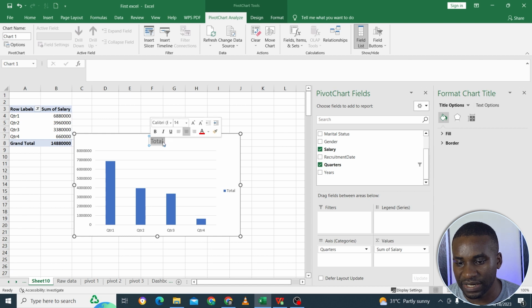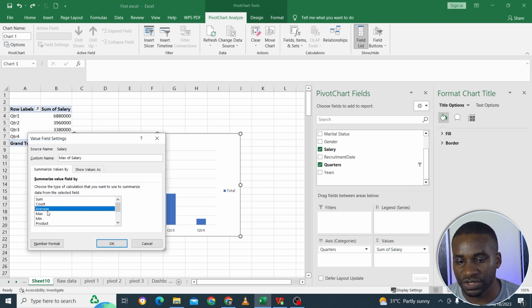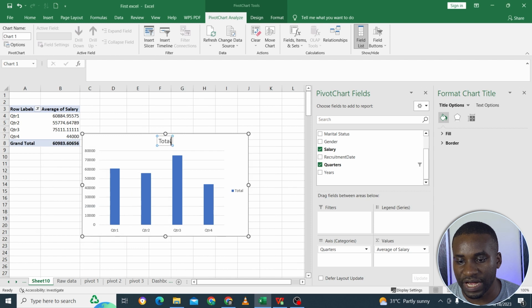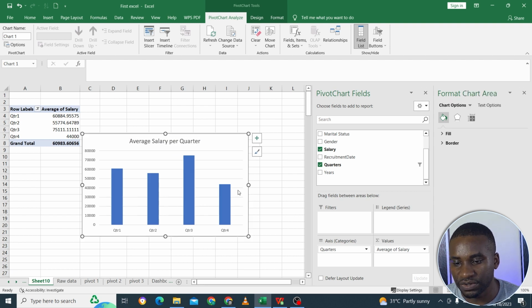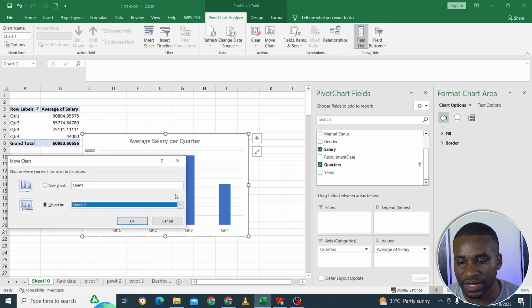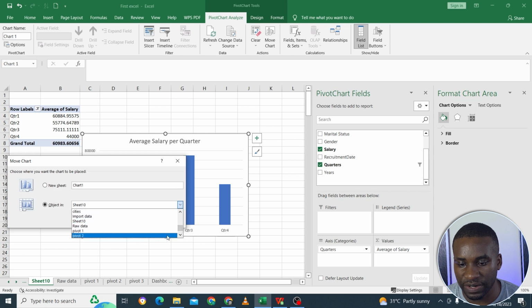So again, you take this out, remove the field button list, then you have total, because that's the total, or again it could be interesting to see the average. Oh, I did remove the field instead. So it could be interesting to see the average. So we could go to value settings, and then we go to average, and then we click on OK. So we say average salary per quarter. So that's also something you can see. So this total, you might not need it, so it goes off, and then we have that there. So let's move it to the other side again, move chart to the dashboard,